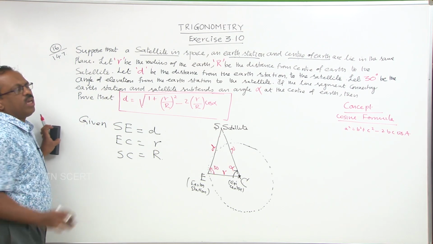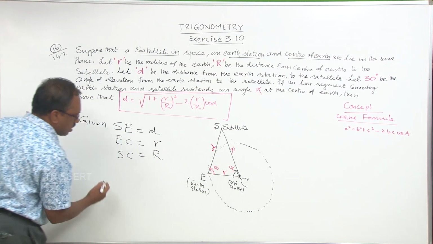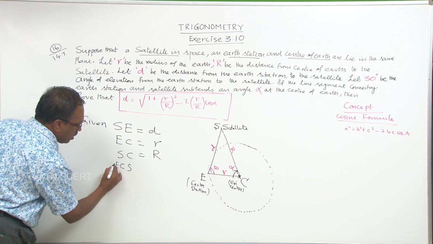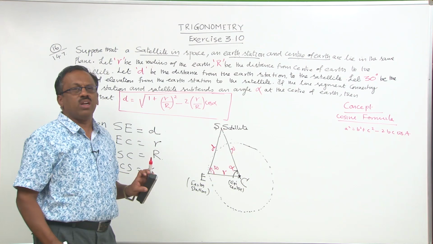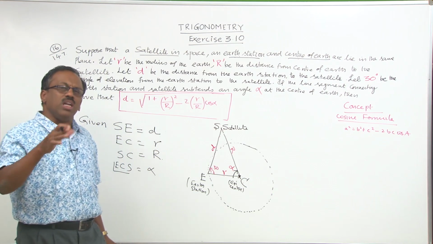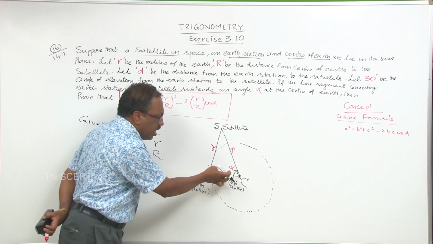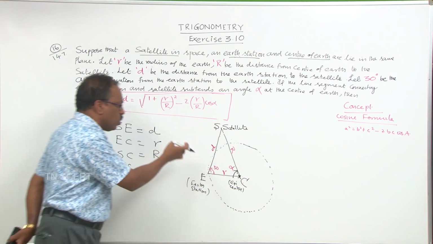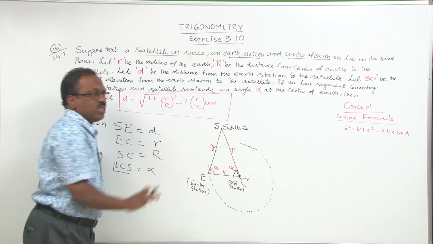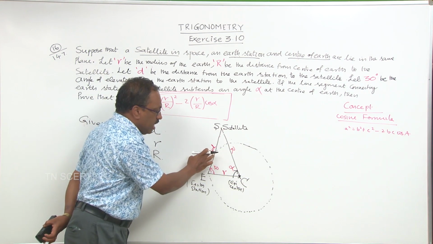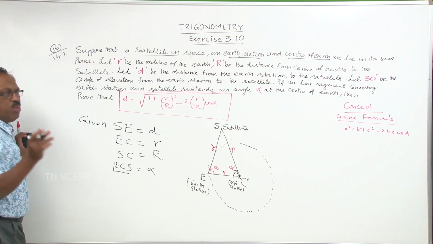Now we are going to apply the cosine formula here. In what way? The angle ECS is nothing but alpha. So why is this 30 degree angle also given? We can make use of this 30, but it is not required for this particular problem, because we only want to calculate the unknown thing, this d. That is the reason I am ignoring this 30. So I am going to take only the angle alpha. I am just ignoring 30; if need be, we can calculate it.